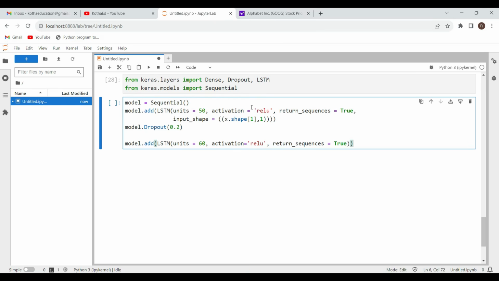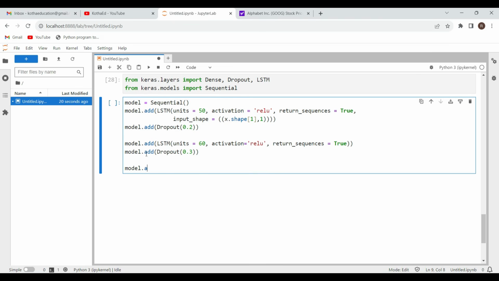Now I'm not taking input shape here. model.add dropout 0.3. Then model.add of LSTM